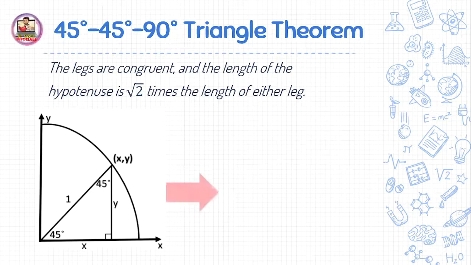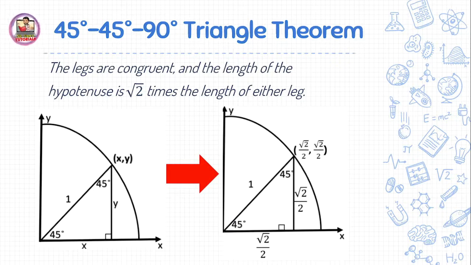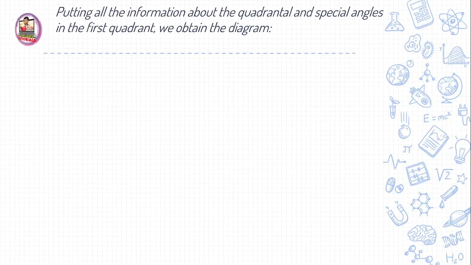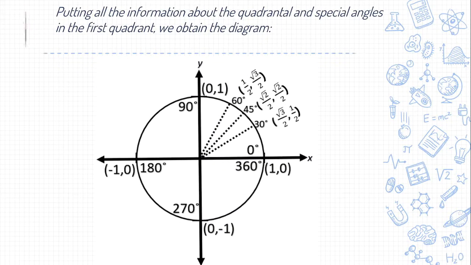So labeling this diagram with the result that we obtained, we have the adjacent side is square root of 2 all over 2. The opposite side is square root of 2 all over 2. So our coordinates, we have square root of 2 all over 2 and square root of 2 all over 2. Putting all the information about the quadrantal and special angles in the first quadrant, we obtain this diagram. So take note,